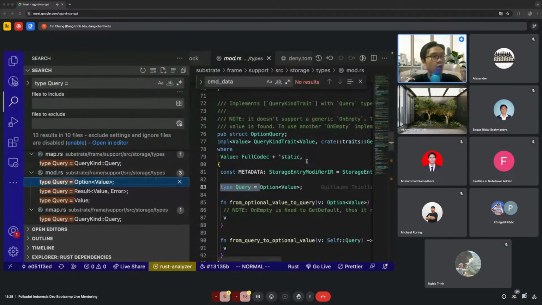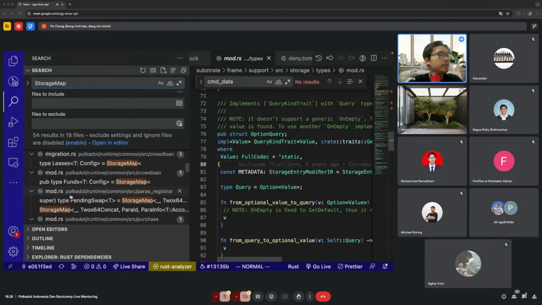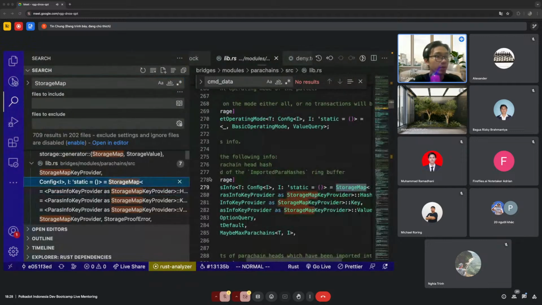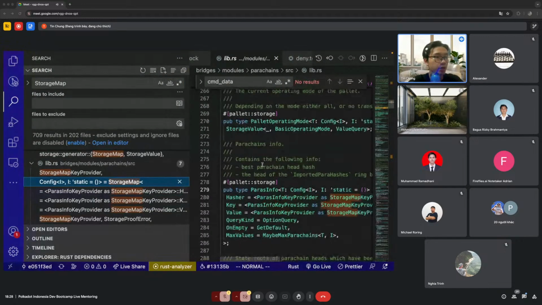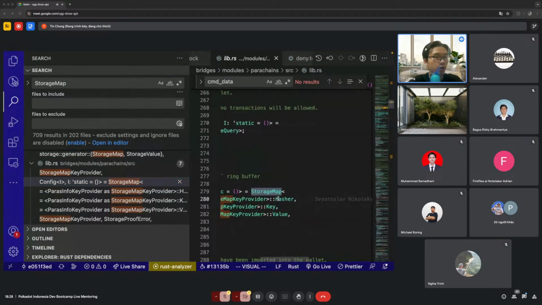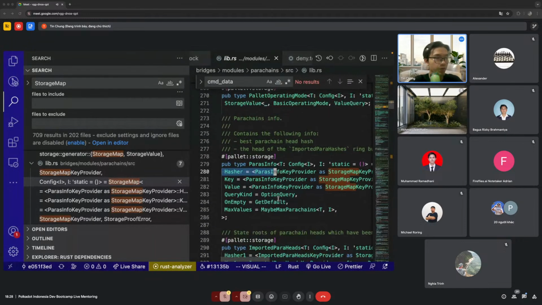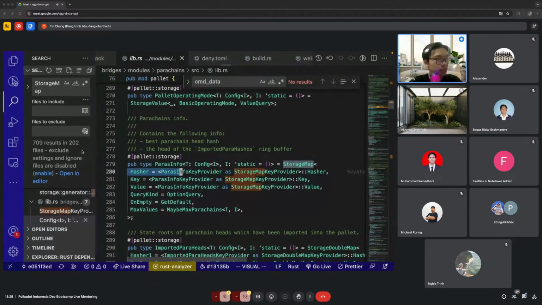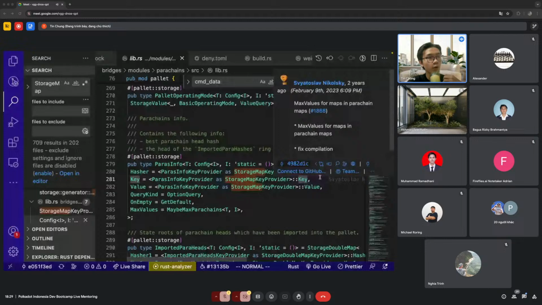Now we're going to go to the code again. Storage nmap. Maybe storage map first. In the storage map, you can find here you have a hasher. We're not worried about that right now, but the hasher is basically the hashing algorithm that we're going to use to hash the key, because some blockchains are public, and you also want the data to be secure enough in some way.